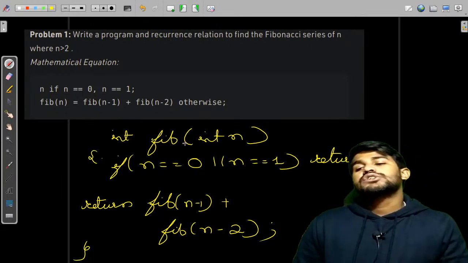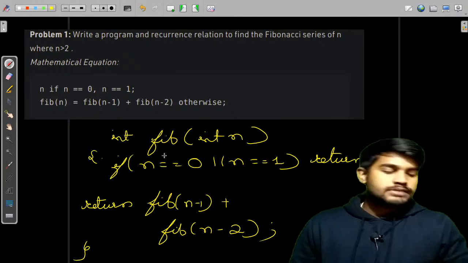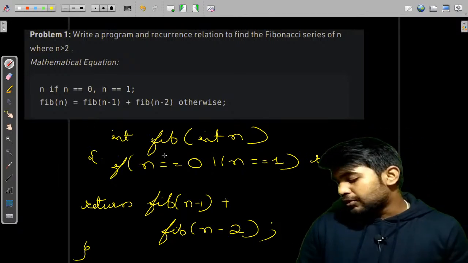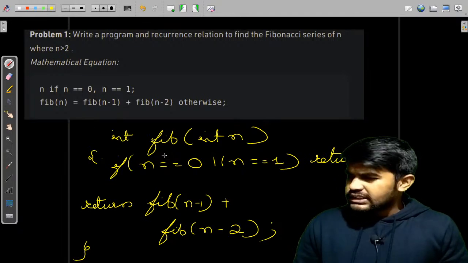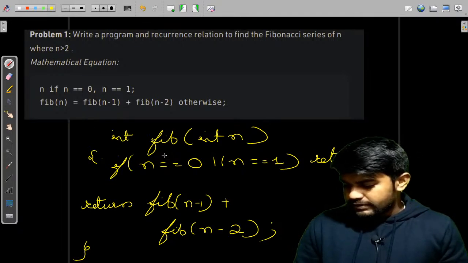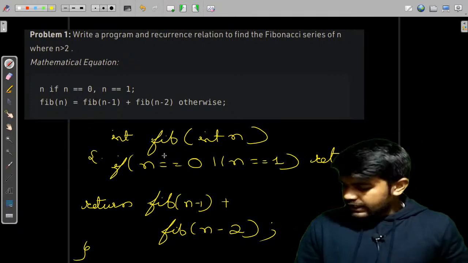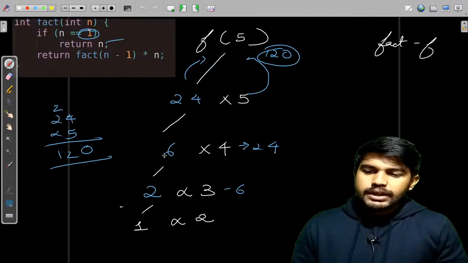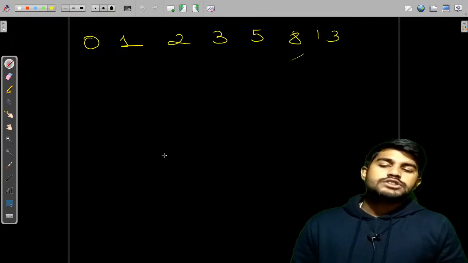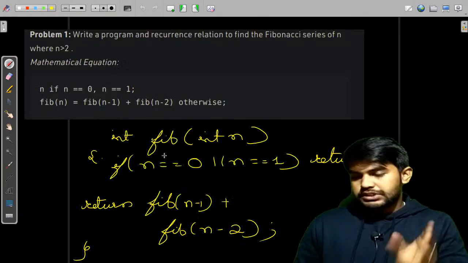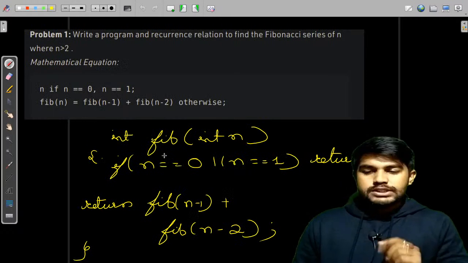Now, can we do a little bit of intro to DP? Just the introduction. I will tell you one small thing and this would be done. Can I do it if you allow? Okay, now this fact thing is done. Now let us draw the recursion tree of this problem.